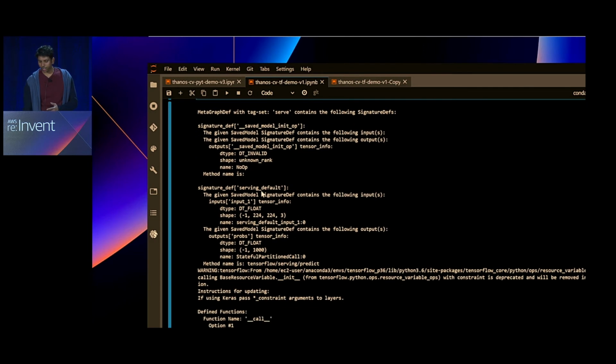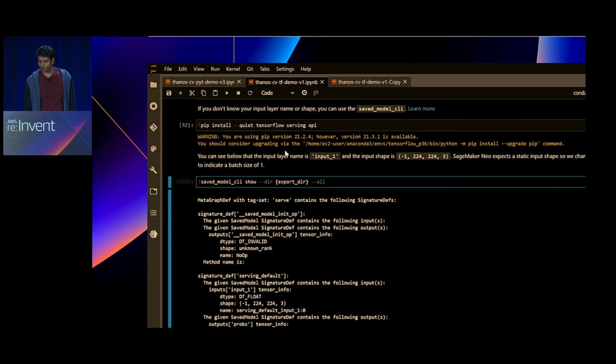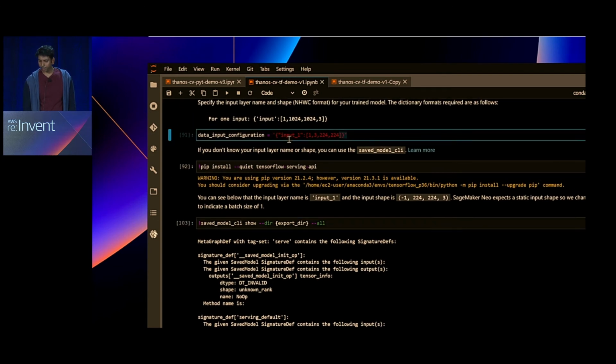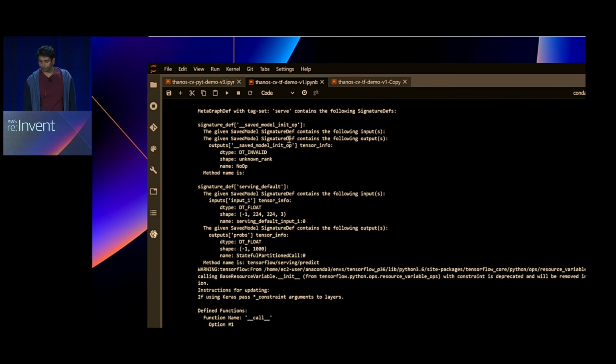We can see here that the shape is 224 by 224 by 3. -1 is just a placeholder for the batch size. And the name of the input layer is input_1. So using this information, we set up this field.